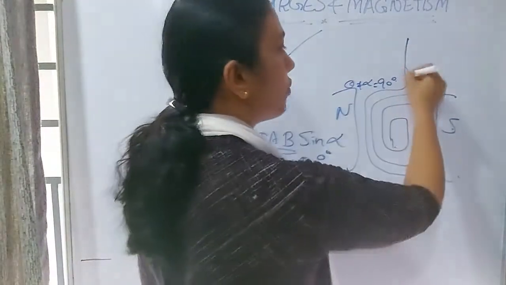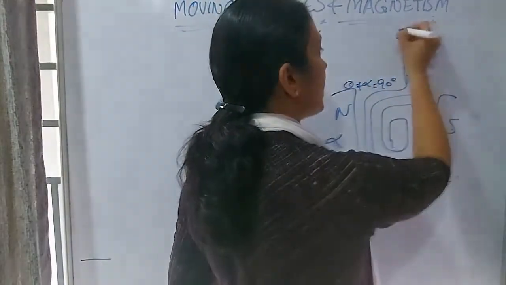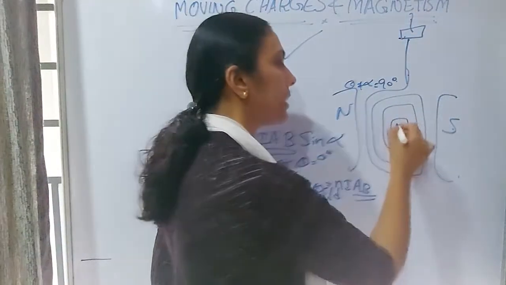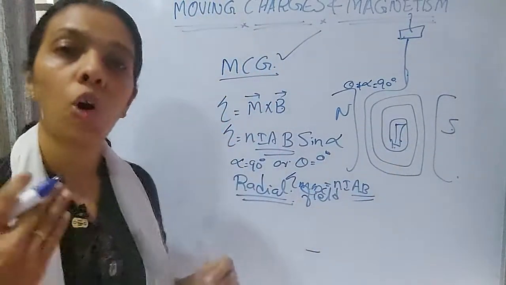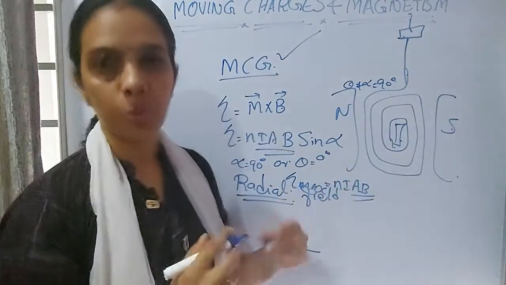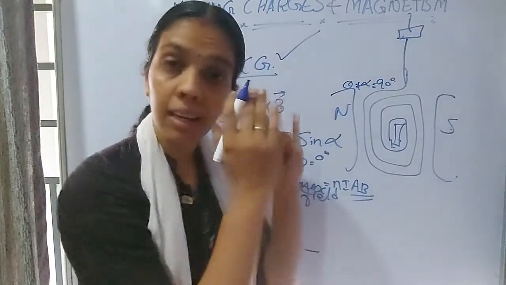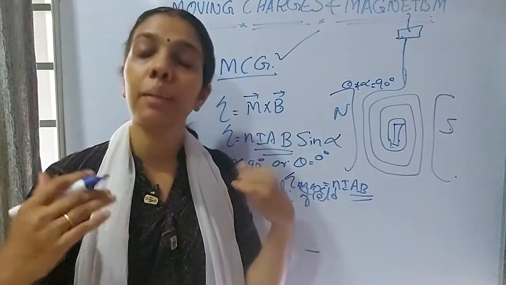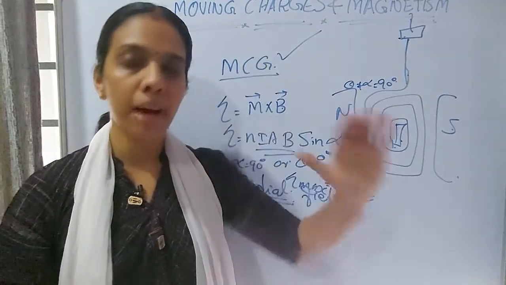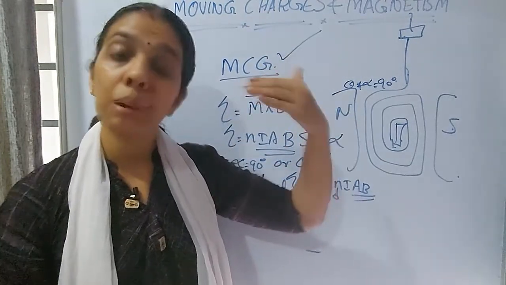Here a phosphor bronze strip is present, which is pivoted at one end and is free to rotate. That is very important. Inside this we keep a soft iron core, which enhances the magnetic field effect. If we keep this in a radial field, we will get the maximum torque. What is the meaning of radial field? The plane of the coil and magnetic field are parallel to each other, so we get a maximum torque.